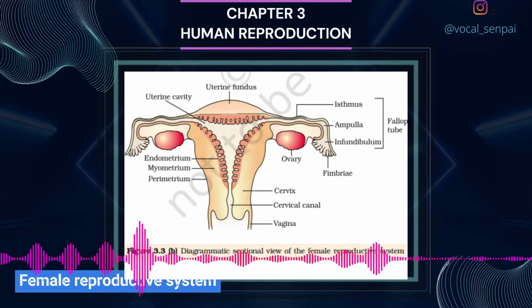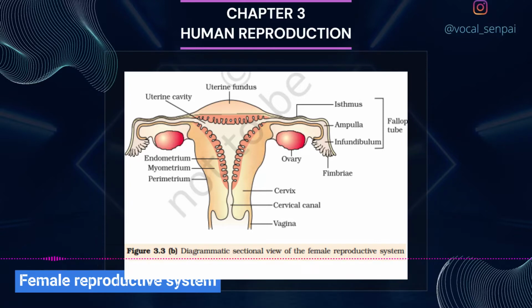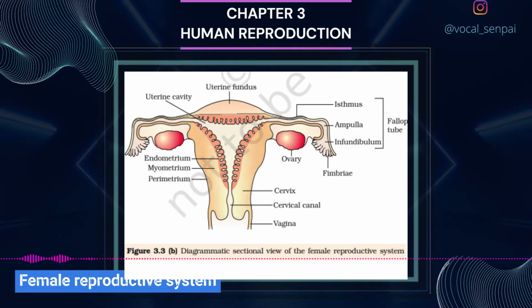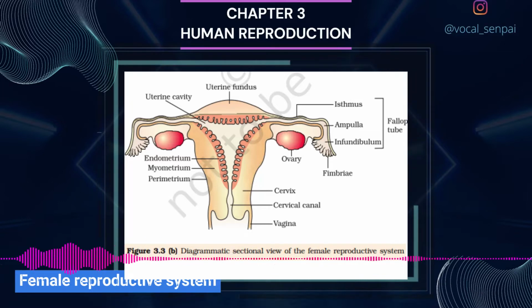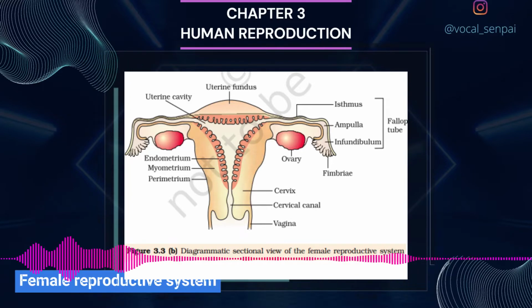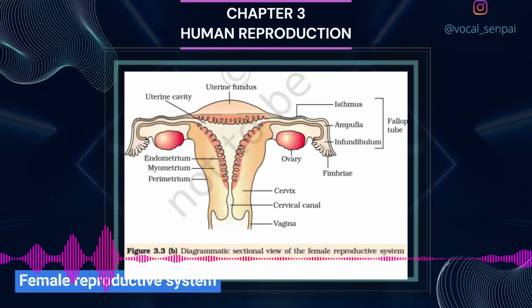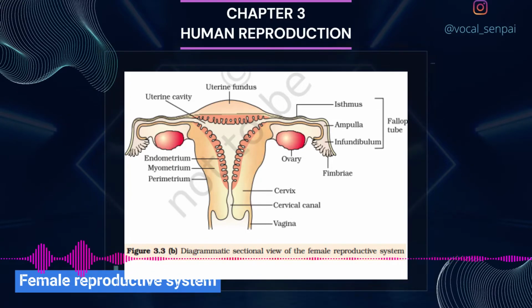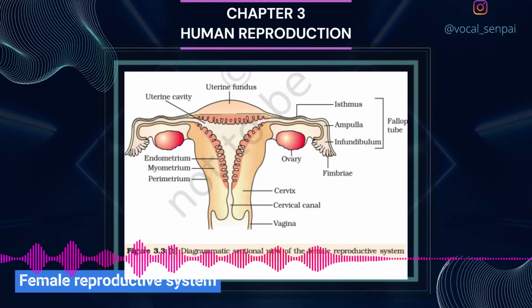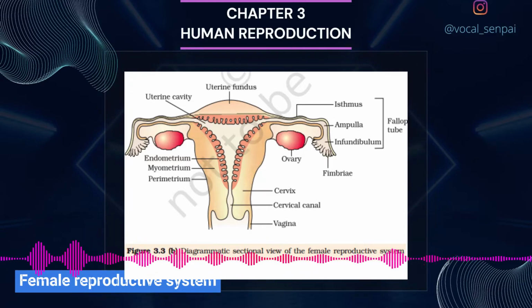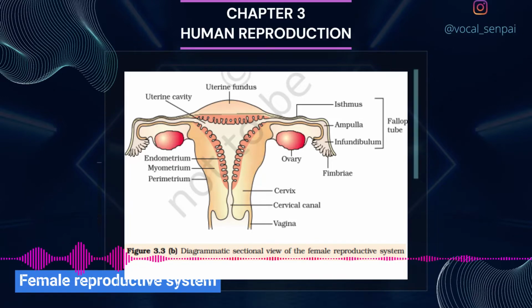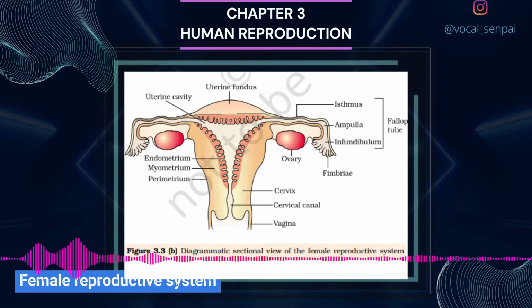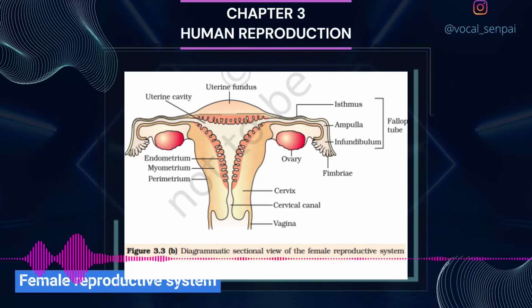The cavity of the cervix is called cervical canal, figure 3.3b, which along with vagina forms the birth canal. The wall of the uterus has 3 layers of tissue. The external thin membranous perimetrium, middle thick layer of smooth muscle, myometrium, and inner glandular layer called endometrium that lines the uterine cavity. The endometrium undergoes cyclical changes during menstrual cycle while the myometrium exhibits strong contraction during delivery of